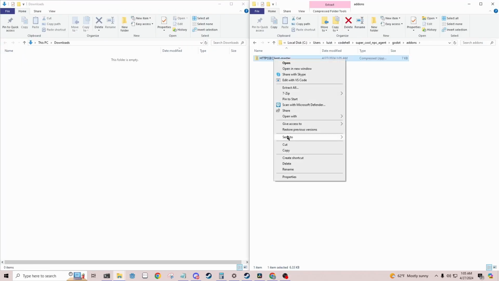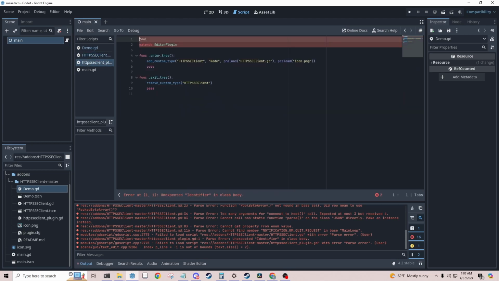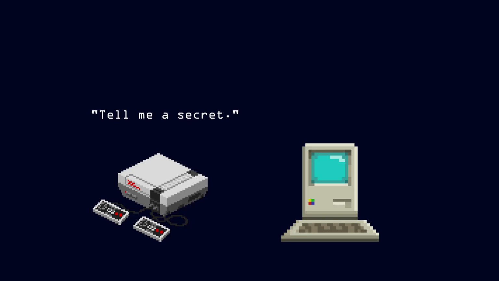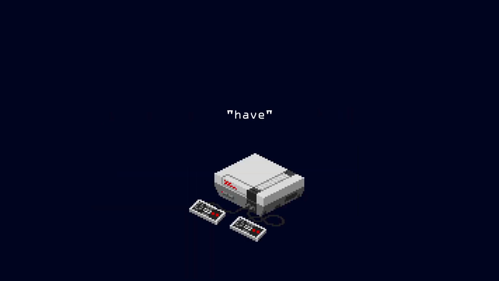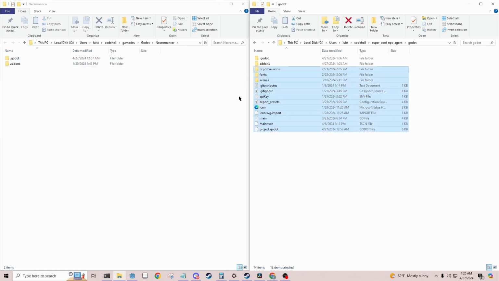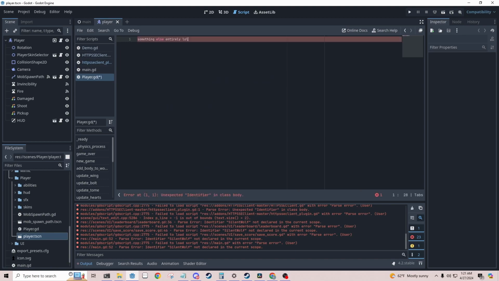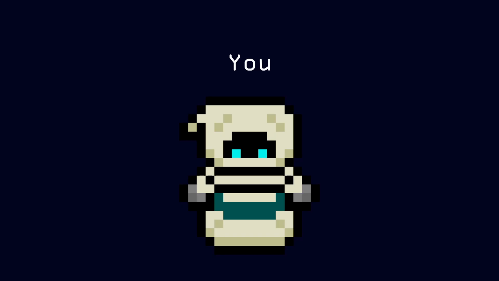First, I configured a handler in Godot using Kyle Solensky's HTTP SSE client plugin. SSE streaming allows for the server to start feeding the response back to the client without having to wait for the model to finish generating its entire response. With the handler in place and successfully streaming responses from the Eidolon server, I just needed to put it in a game. Using plenty of recycled code and assets, I cobbled together a basic project in which the player can have a conversation with an agent. And that was it. Pretty straightforward and painless.